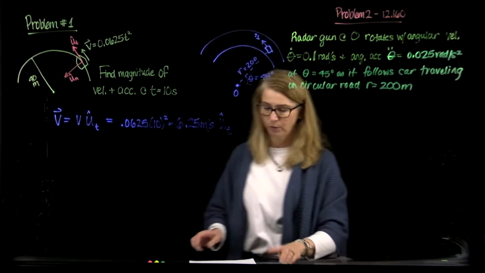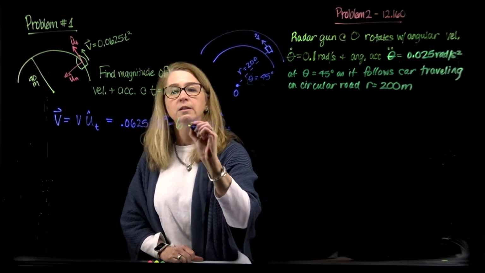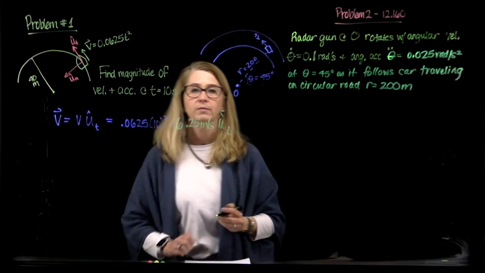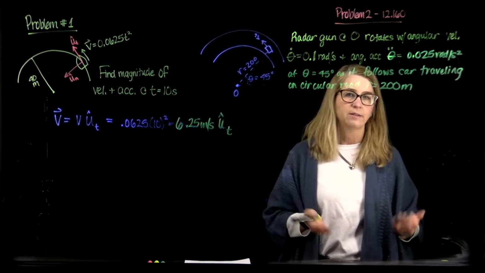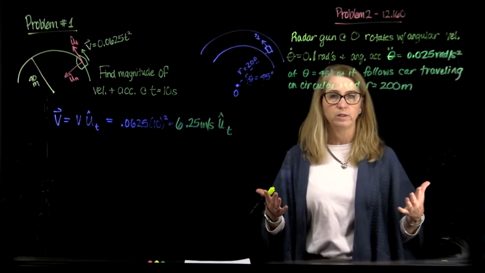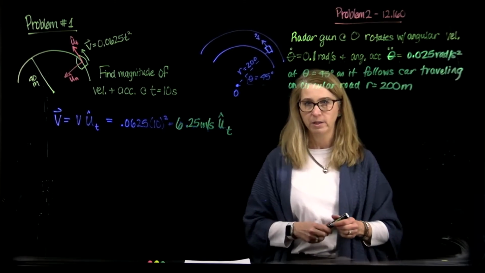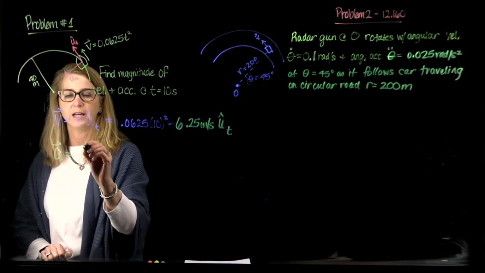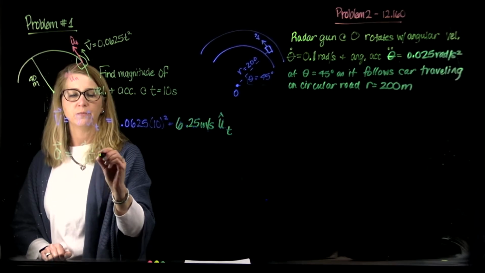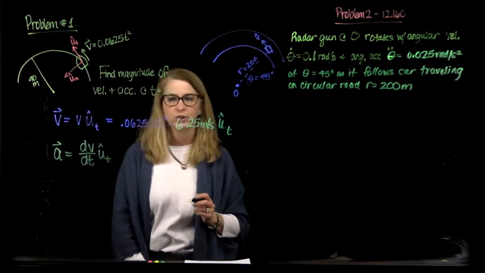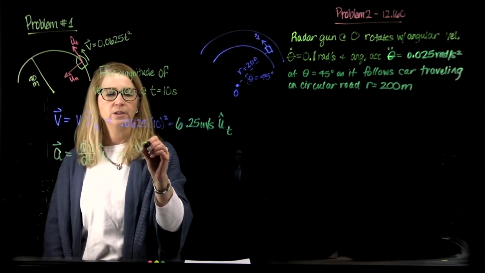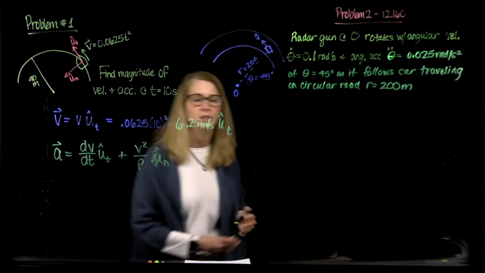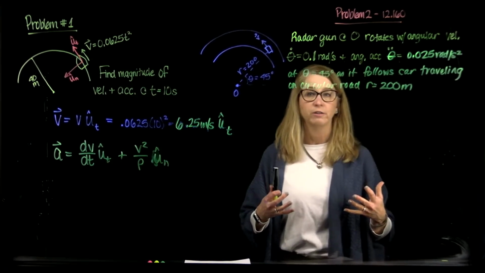Sorry, those pens aren't showing up well, so I'm going to have to go over this. The magnitude of the velocity is simply 6.25. Because it's just in one dimension, we don't have to do any sort of Pythagorean theorem. Now, when we think about the acceleration vector for tangential coordinates, we found that the tangential component of the acceleration is due to a change in speed, and the normal component is due to the centripetal acceleration,